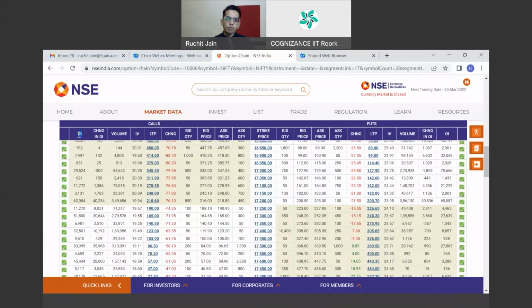Now this is purely from a research perspective. If you are involved in options trading, then you should not trade without any research. Don't randomly buy or sell options. Option buyers require very little margin. This is another factor which drives more towards the option buyer, because if you are buying an option, the premium which you have paid is also the margin which is required.